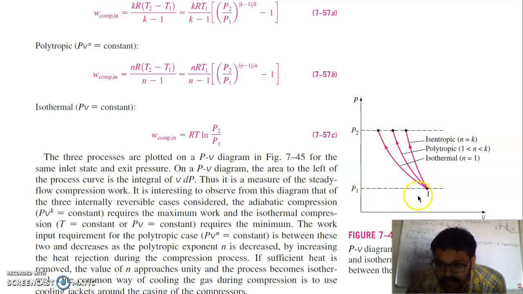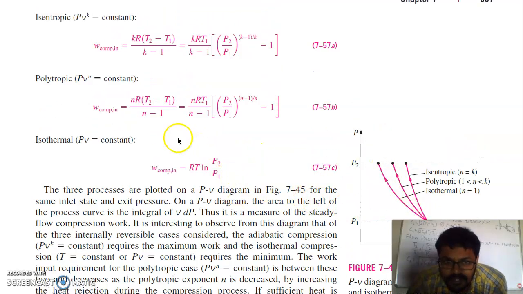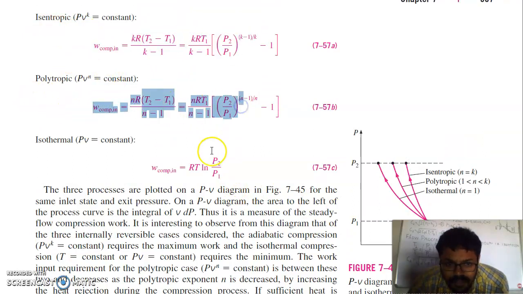Because it is a constant temperature process, it means during compression the temperature remains constant. So if you compress the gas, part of the work is converted to raise the temperature of the gas, but because we have maintained the temperature constant, this means the isothermal process will consume the minimum amount of work, because whatever part of the compression work is converted to temperature, before the increase in temperature we have transferred that heat to the environment. It means we are compressing the gas at constant temperature. So this is the work of isentropic here, polytropic and isothermal.